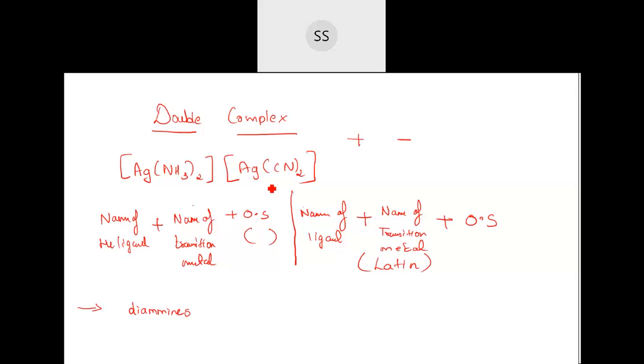And then come to this complex, 2 CN groups. So it is going to be dicyanide, and then you have to write the Latin name of it, that is argentate. Then you write the oxidation state of silver again, it has to be 1. You can cross check whether, if you give 1 as the oxidation state, the whole complex agrees with that. We can check that out. If you give 1 here, the whole complex will be positively charged, so this will be correct if you give silver as 1.